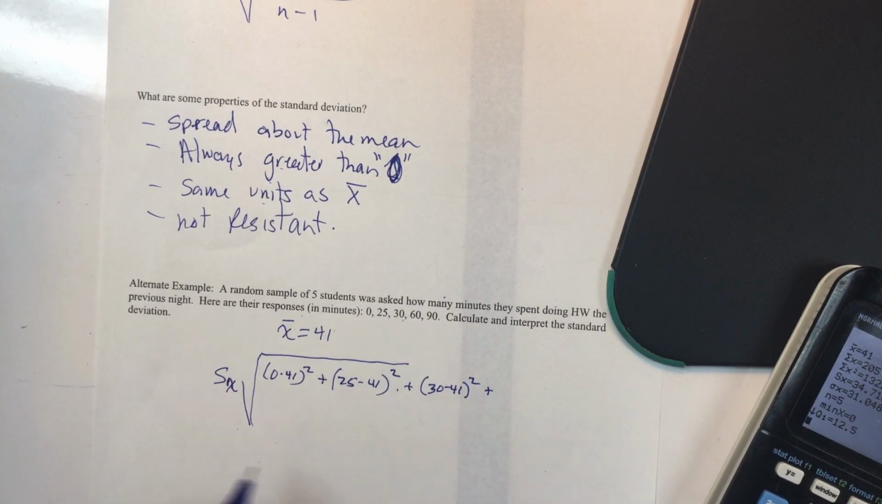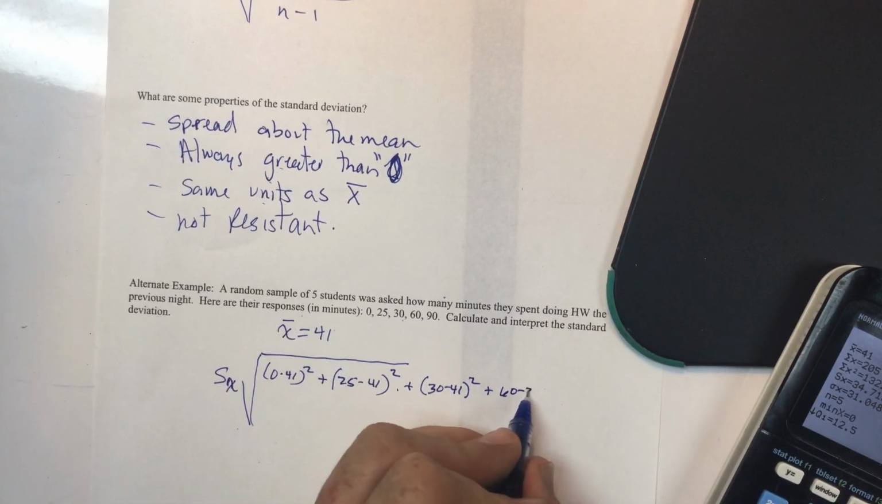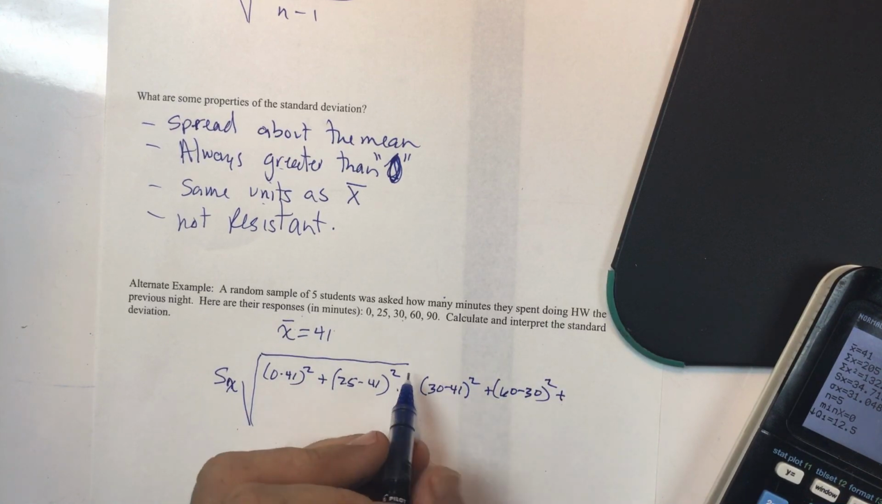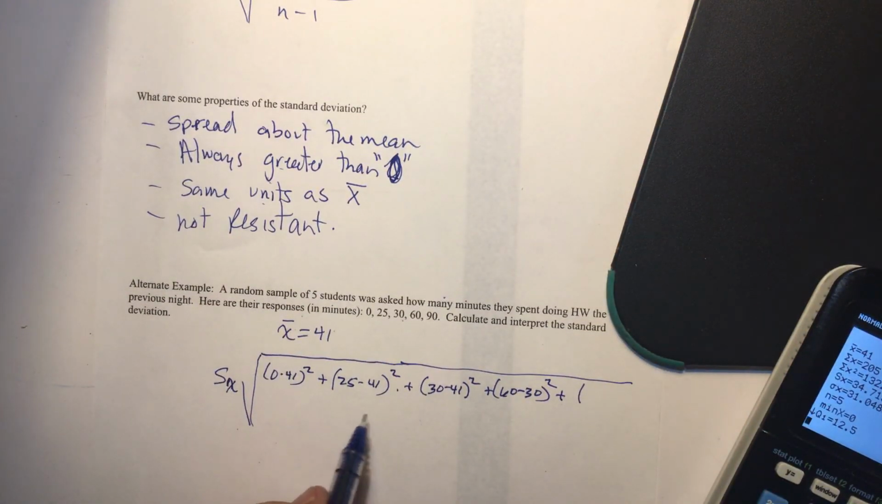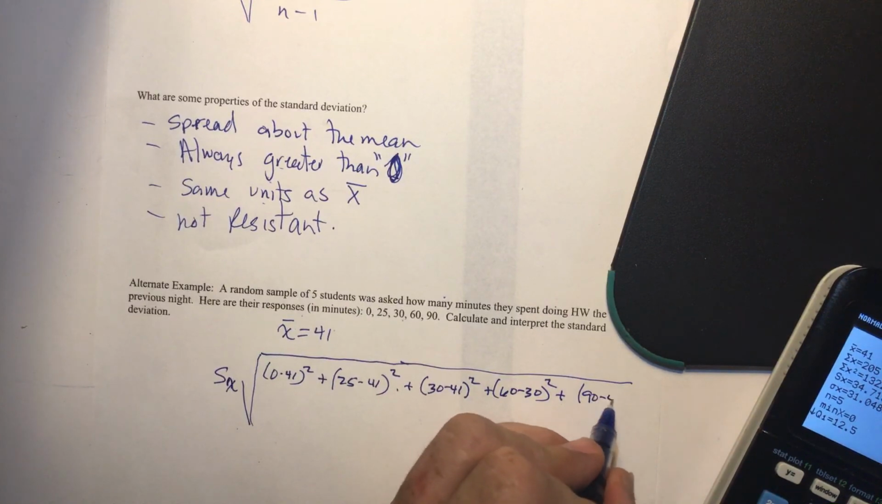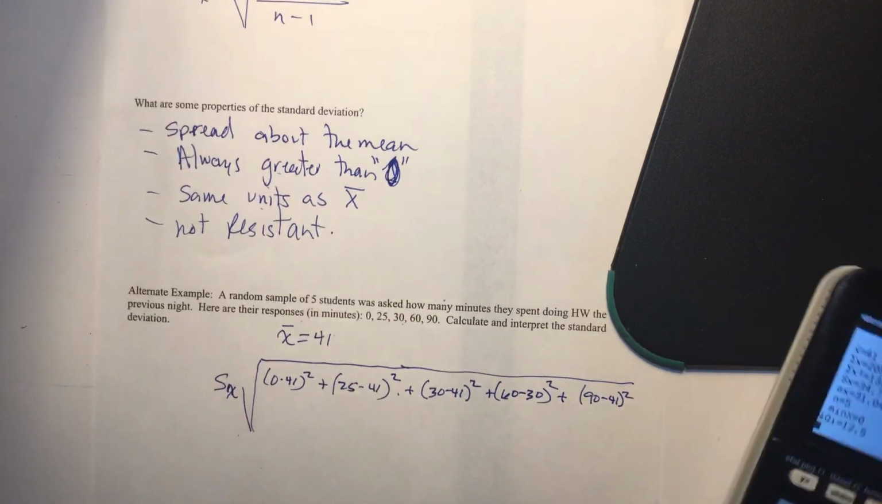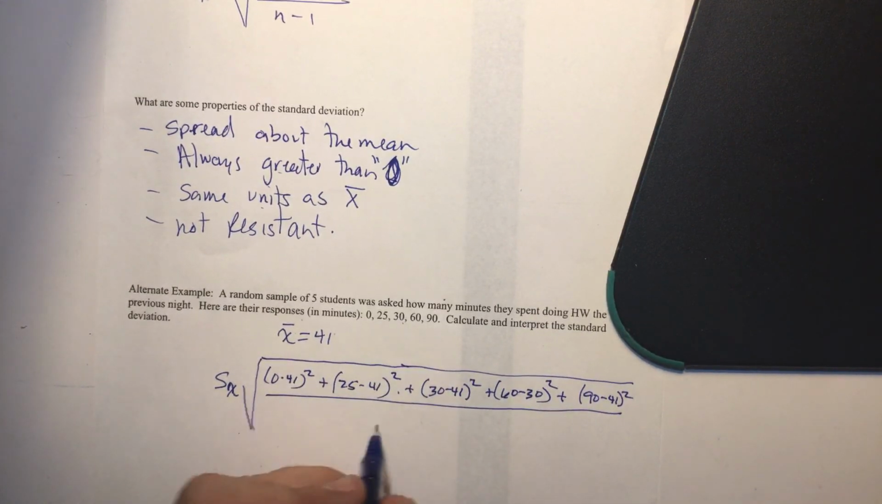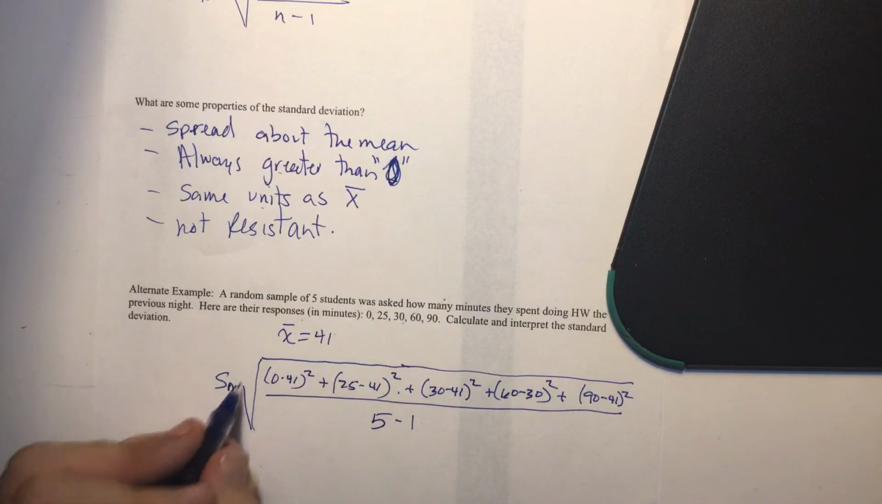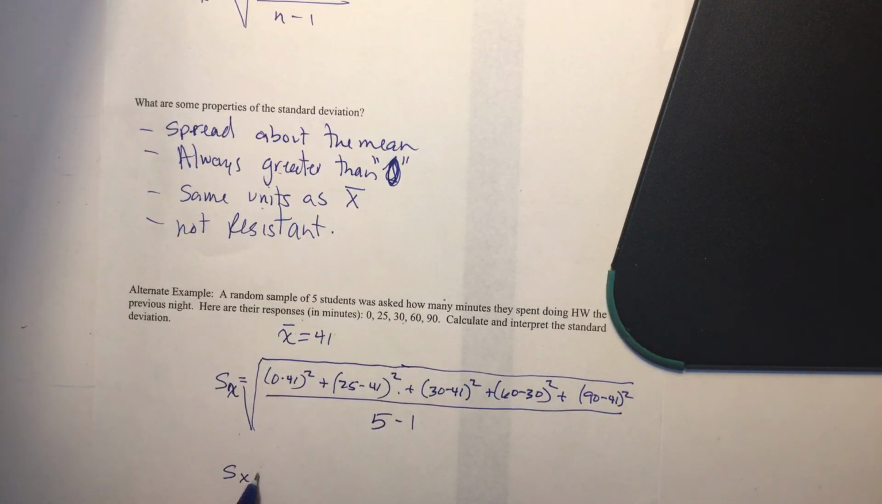plus 60 minus 41 squared, plus, it gets long, plus 90 minus 41 squared, okay? And then that is over n, there's 5 students, 5 minus 1. So if we do all that math, it becomes this crazy number, right? If we do all this math out, we're going to get approximately a standard deviation of 34.71